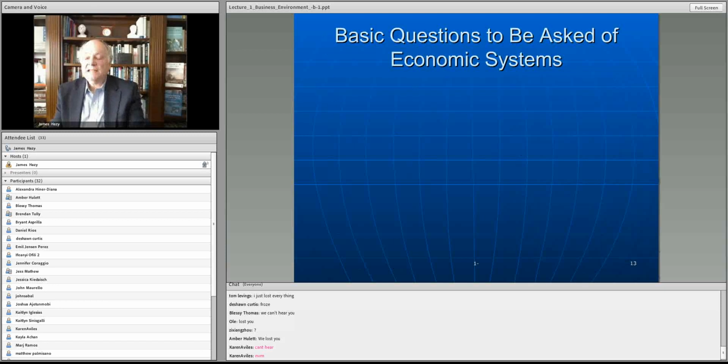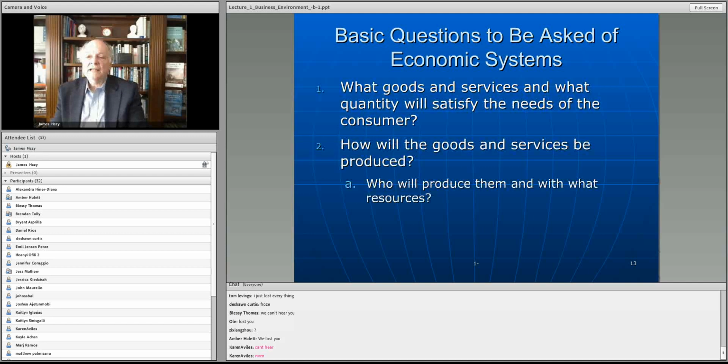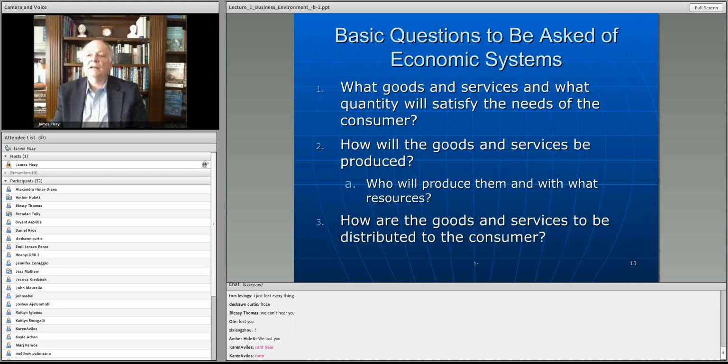The last chart I'll talk about this morning, and then we'll continue with this, is what are things to talk about when you think about an economic system. You want to figure out what are the goods and services and what people actually need, right? If you think about it, when the government is running everything in a socialist system, they're deciding what to make, how much to make, and where to distribute it. So the government is effectively deciding what people want and where they get it, how they get it, what the prices are, and what the level of quantity is, what the level of quality is.